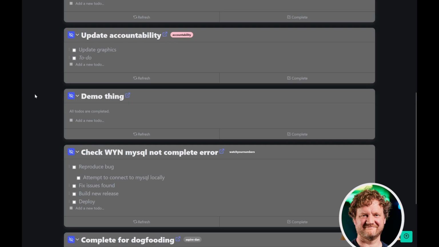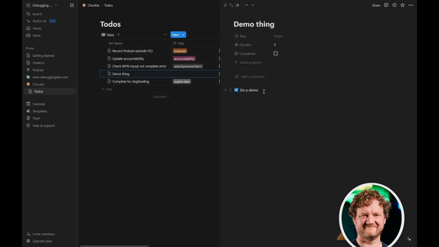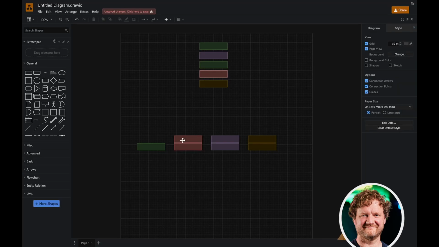And the last thing I want to show, so here on the demo thing, I completed the to-do there. It now says all to-dos are completed. And I can even add something here. So do a demo was added here. And I can say edit from Notion. And when I go back to the page,